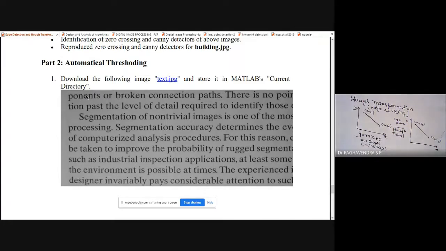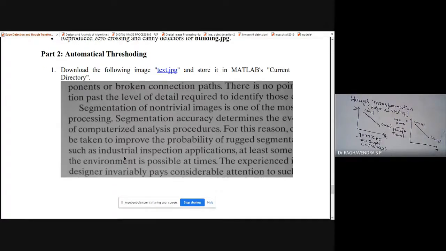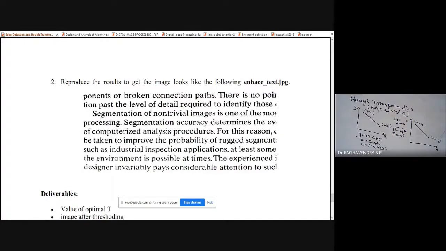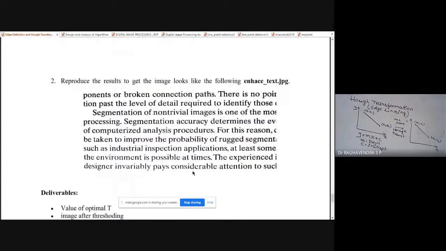So for this purpose we have to identify the individual connected components. Before that we have to perform the pre-processing. In order to perform the pre-processing we have to remove the background, and this background removal can be achieved by using thresholding. See, this is the input and this is the output. In this output we can notice all the background has been removed, and this can be easily used for enhancement. This is the enhanced image, and for further processing like OCR, optical character recognition, and segmentation, this particular technique can be used. Let us execute this.